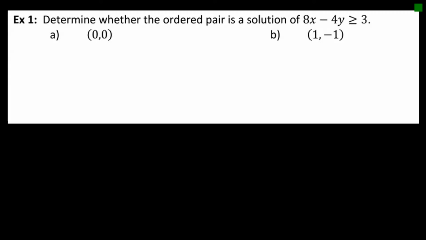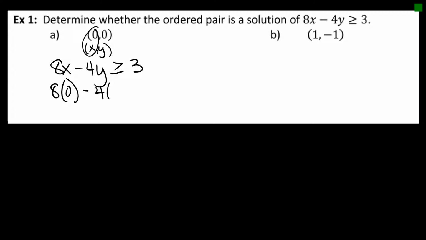First type of question you might see is one like this. Determine whether the ordered pair is a solution of this inequality. Well, we know that when we have an ordered pair, it's always x comma y, right? So what we're going to do is take this inequality that we were given, remove the x, which is right here, and replace it with a number, 0. Then I'm going to remove the y and replace it with a 0,